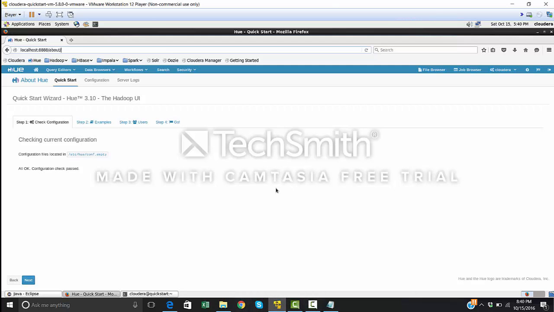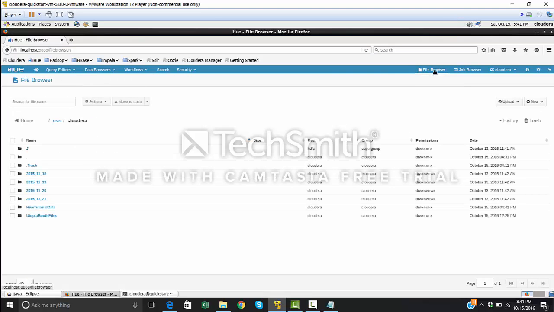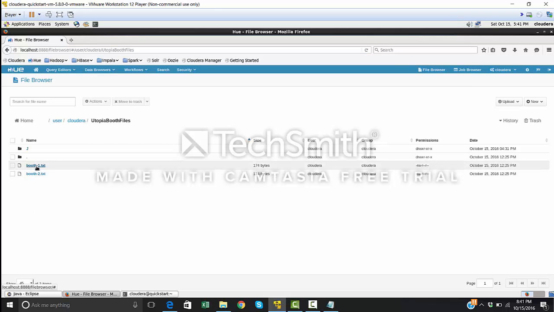The country has several booths for their citizens to cast the vote, and the output of every booth is a txt file with the name of the candidates. So the output files have been loaded on Hue in the file browser. I've logged into my Hue localhost 8888 with the Cloudera username and go to user Cloudera Utopia booth files,